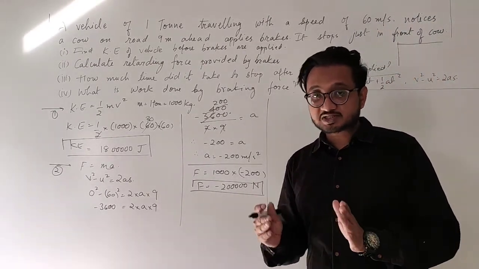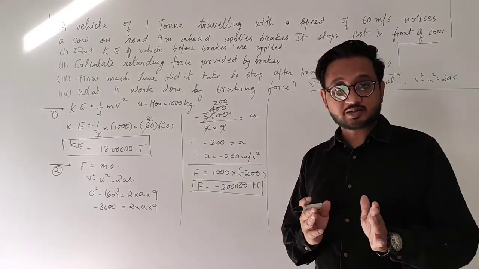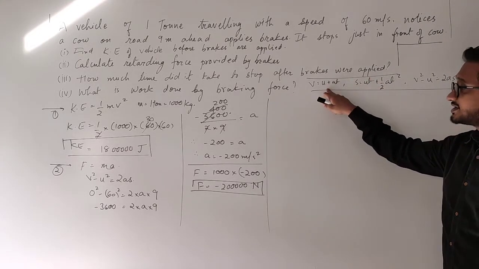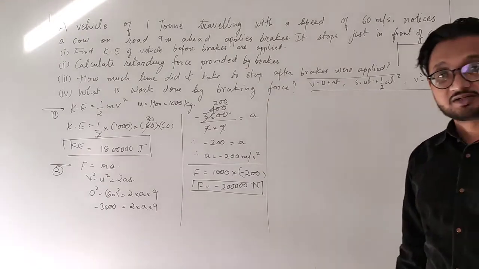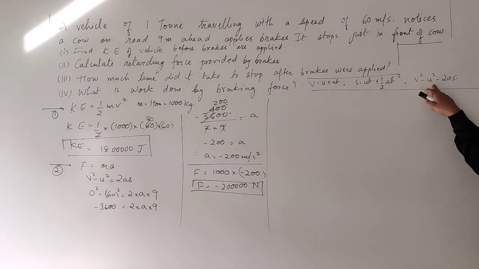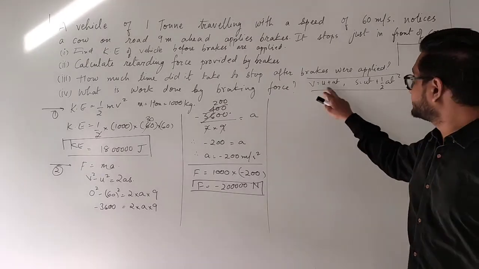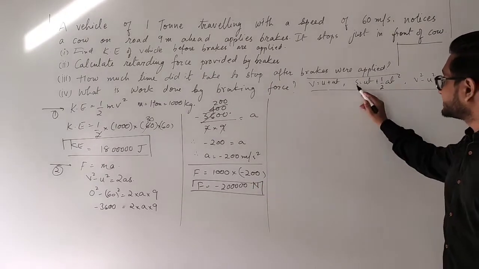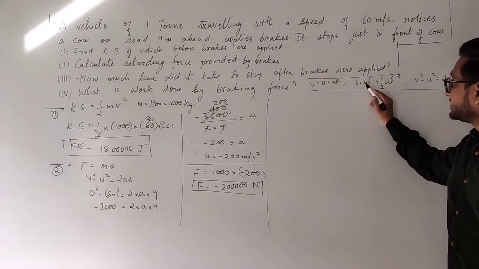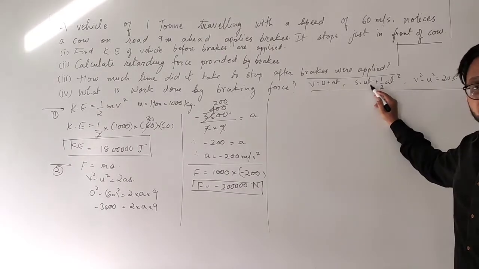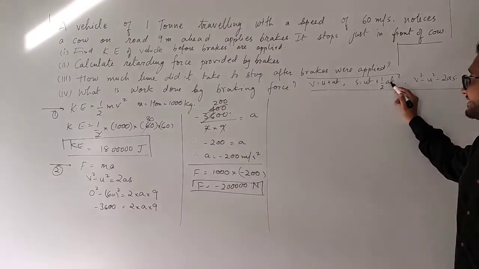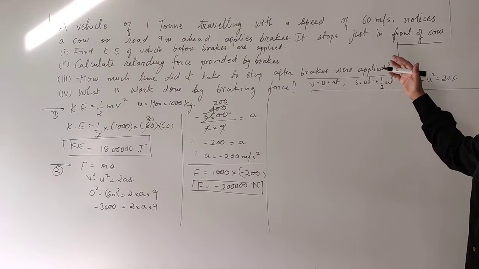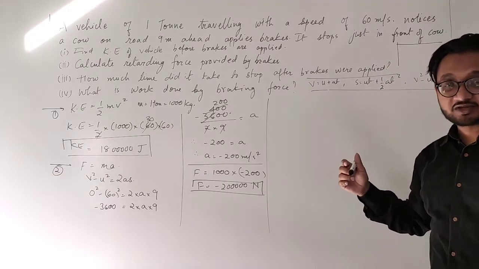Okay. So in how much time did the vehicle stop? For that we have over here this equation, and in both of these equations we have time. Okay. But in this one we don't have the time. So we can either use this one or this one. Now let's see if we have all the values. So for this one, displacement, that is 9 meters, initial velocity 60 meters per second, time we need to find, half, that is a constant, a we just found, that is minus 200 meters per second square, and time t square. So we can use this formula, we will get an equation and then we will solve it.